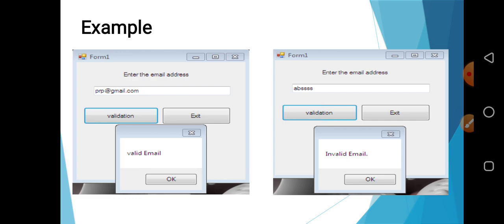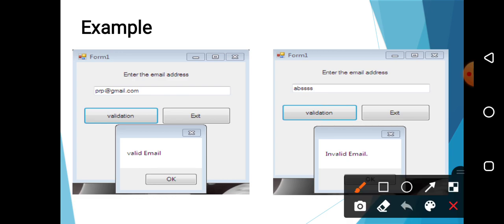Students, let's take one example. Suppose you want to check whether the email ID which you are entering is valid or not. So suppose I am entering prp@gmail.com. This is my valid email ID because it contains the username, after that the at the rate sign, and after that the domain name, for example gmail.com.